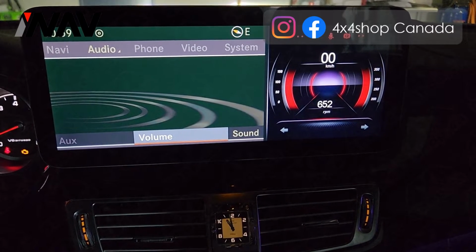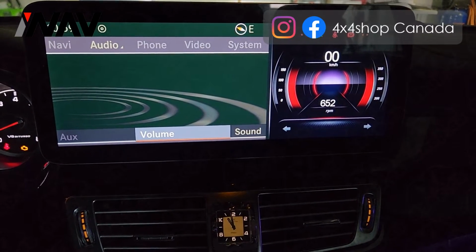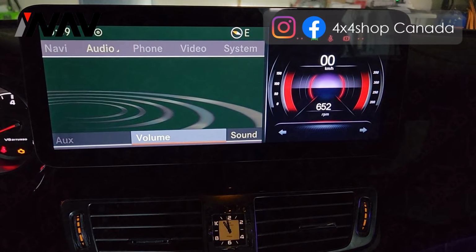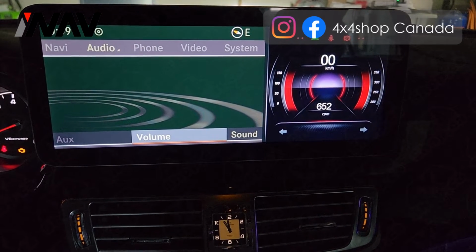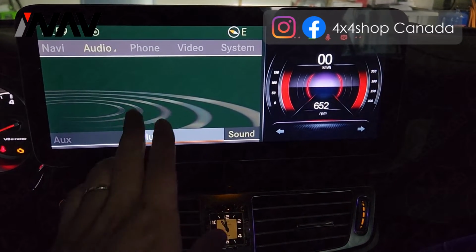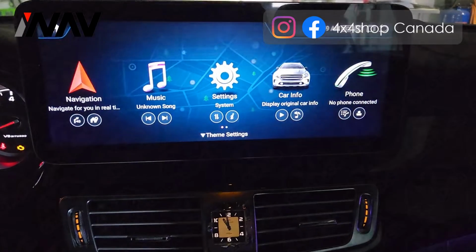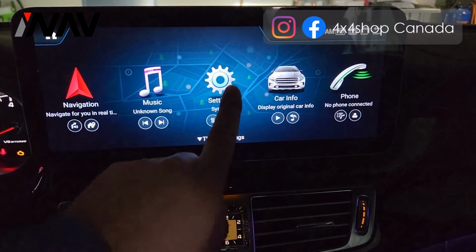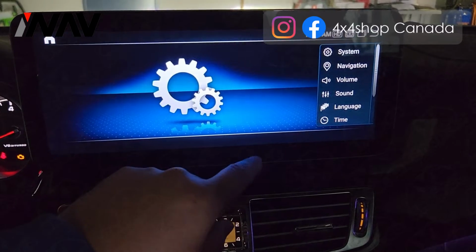Hi, this is the video to show you after you have the Android screen installed on your vehicle. Before you put everything back, we will need to test a few functions. So first of all, when you go on the Android system, you need to select the setting and